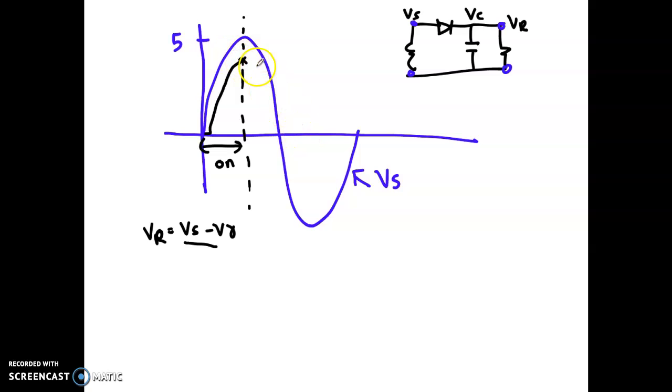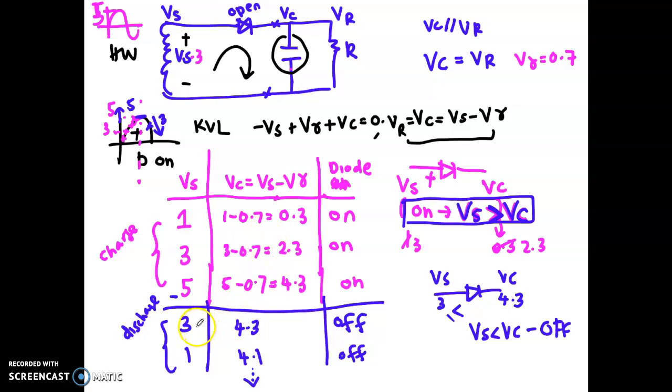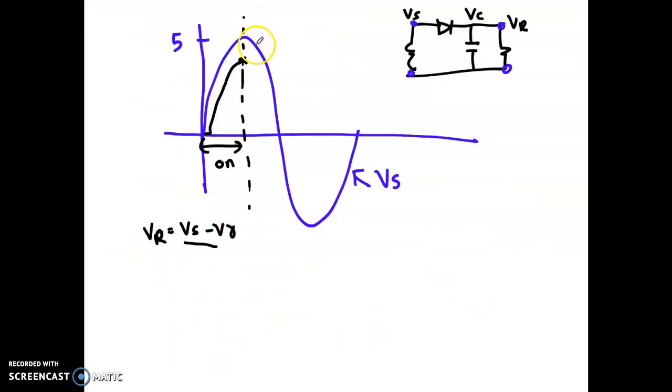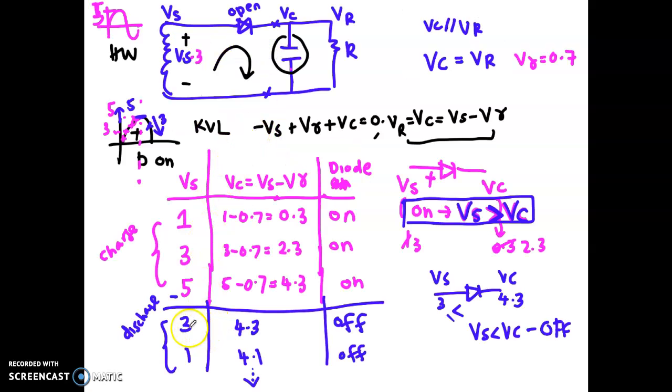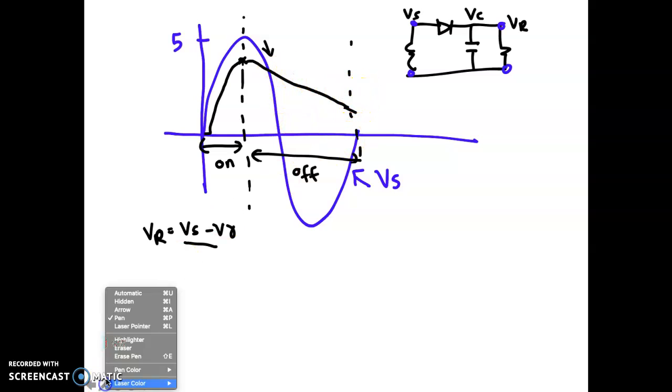But at this condition, what will happen? Your diode will be off, right? Why is it off? Because now it slowly goes down. Your input is slowly going down here, and then when 3 is 4.3, it is less, right? So the diode will be off, and then it will be slowly discharged. Slowly until when? Until when you have,